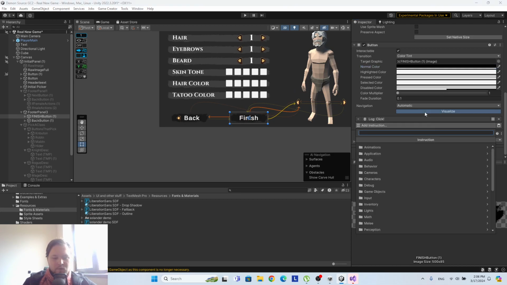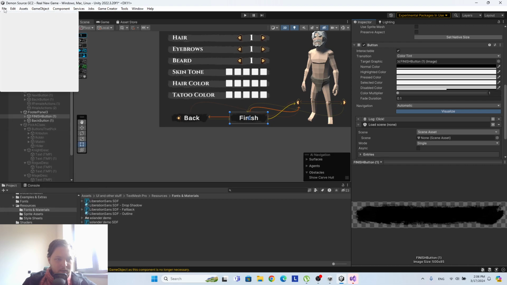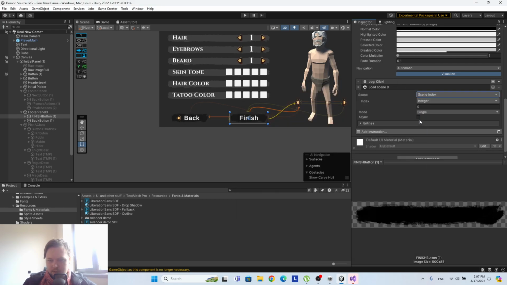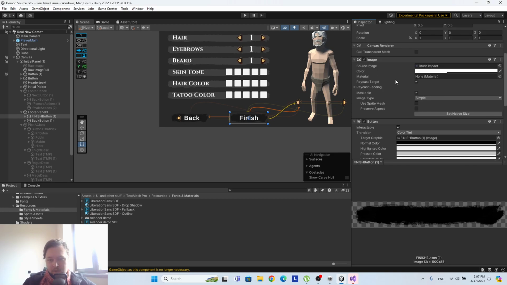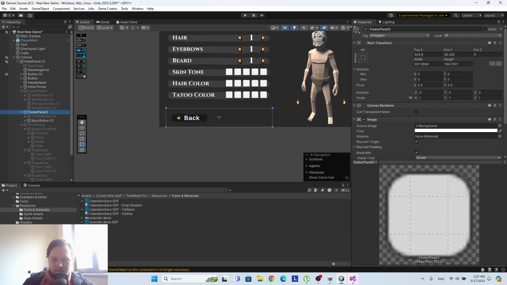And on the finish we will be loading scene. Let me see the build settings, what scene we should load. Transition example, I guess video intro, it's number 4. That's not the only thing we're going to make here. Okay, I'm disabling the finish button, I'm disabling the footer panel, I'm enabling the first footer panel, and